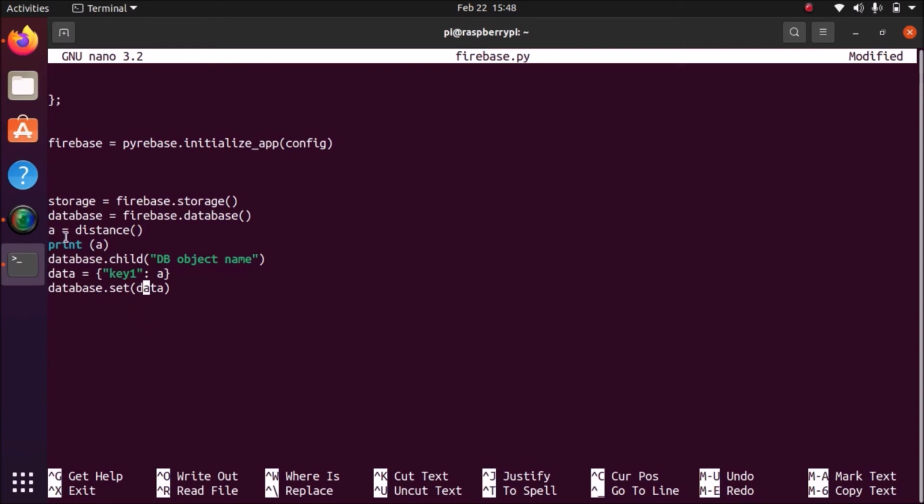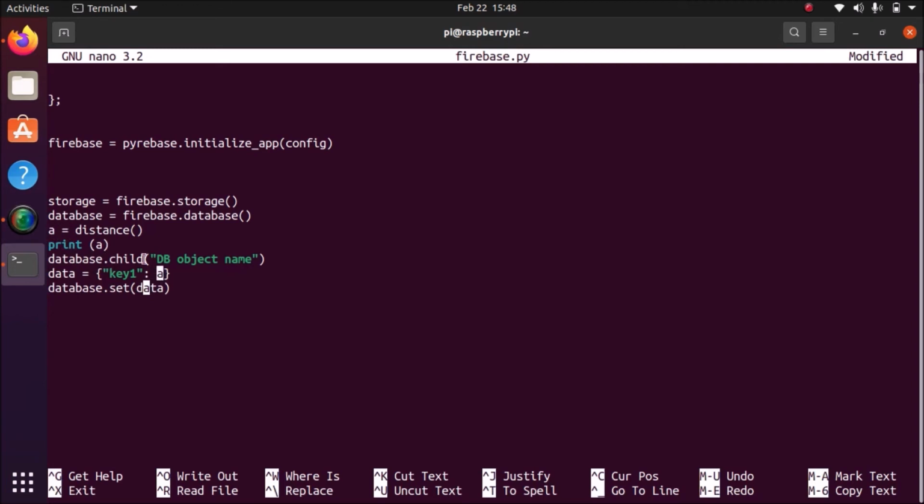So a is equal to that distance function, then printing a, then database.child and the db project name, which is basically the database name. Okay, then data is equal to, again curly braces, we have to mention our database like this way, the key one, and a is our distance.